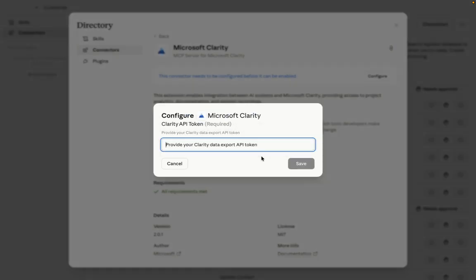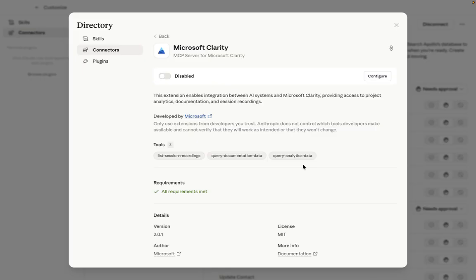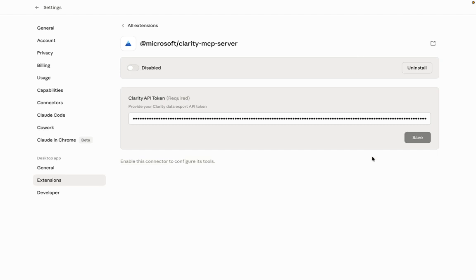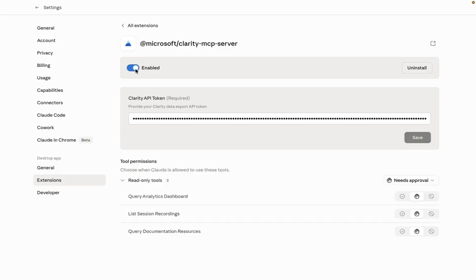Once it is installed, we need to add our API token here and click on save. Once we click on save, then click on configure. Everything is here, it's just disabled. Now you see Microsoft Clarity MCP server is connected here. This disabled we need to make enabled. We'll click on enable. Then these are permissions here, and you can click on save.